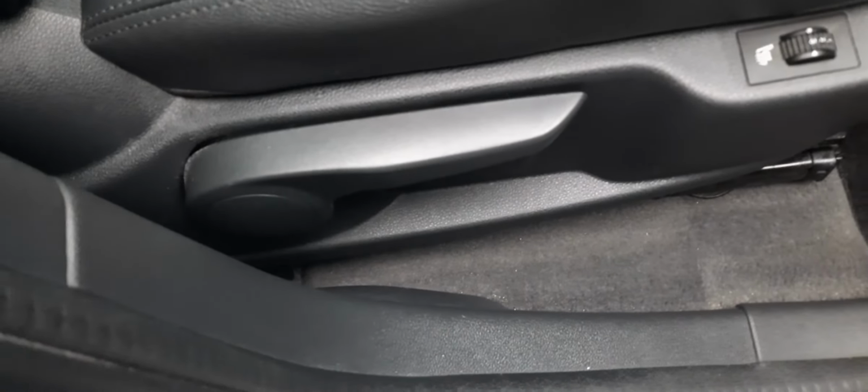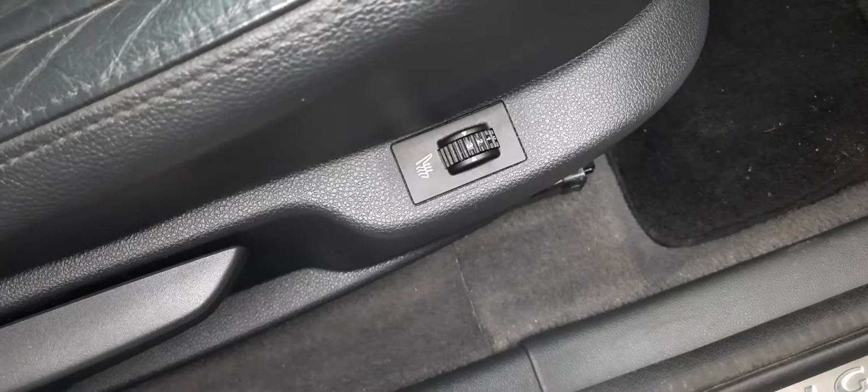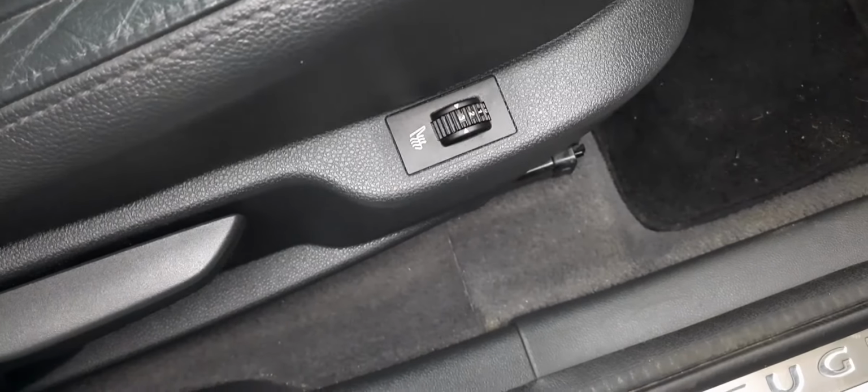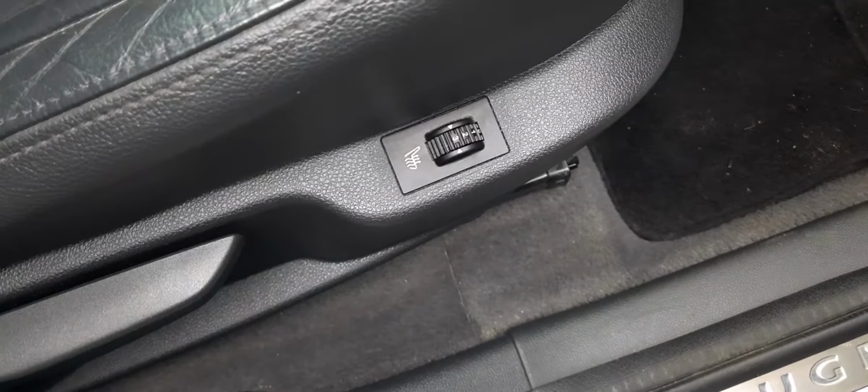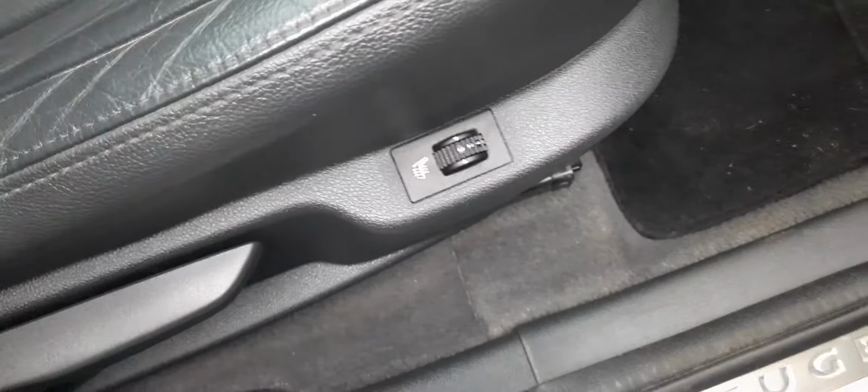You got all the controls here to adjust your seat. You also have the heated seat controls built in right there as well. So winter is coming, and you and your other half, your better half, are going to have the ride of a lifetime. Heated seats in winter, there's nothing better. Let's hop on in,